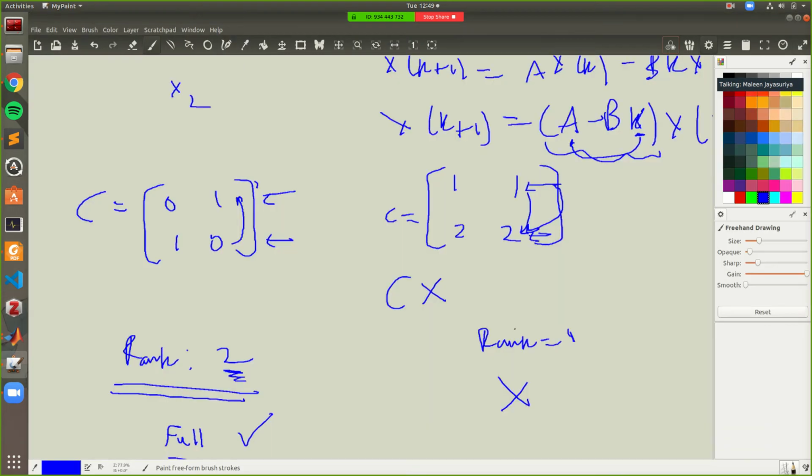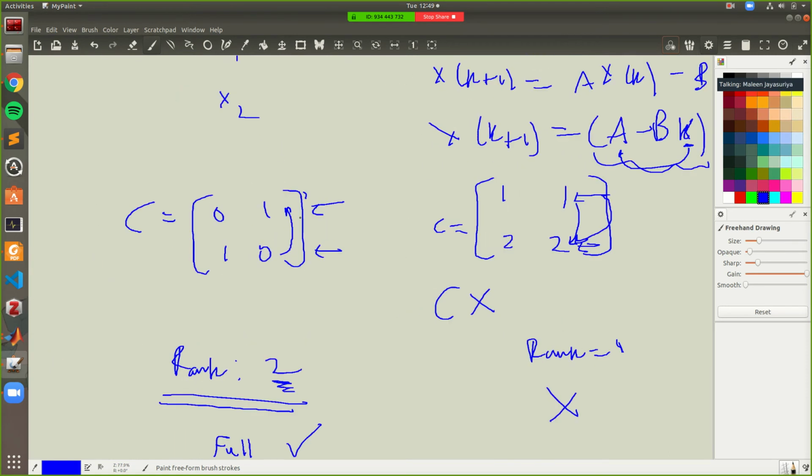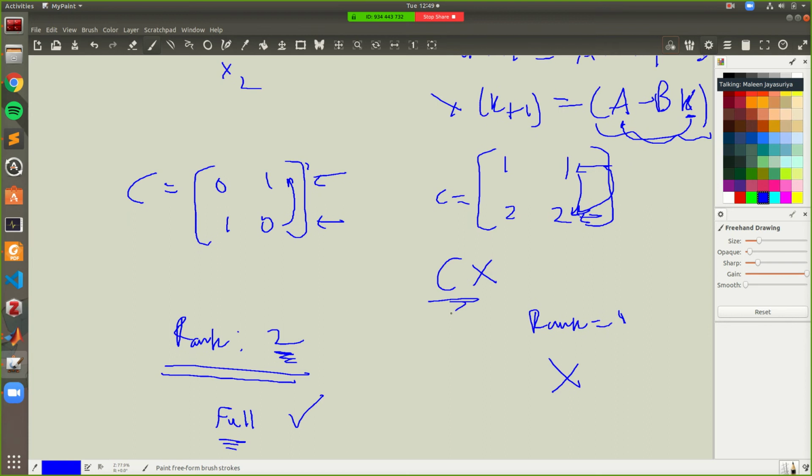So intuitively, in a very qualitative way, what the controllability matrix says is how many independent states I can control externally. If your rank is not full rank, it means your states are interdependent on each other. They are not all independently controllable. So if you try to control one set of states, it's going to automatically affect the other. The controllability matrix is a pretty good way to see whether you have full control over the system or not. So I hope that answers your question. If it's not clear, we can discuss it further.